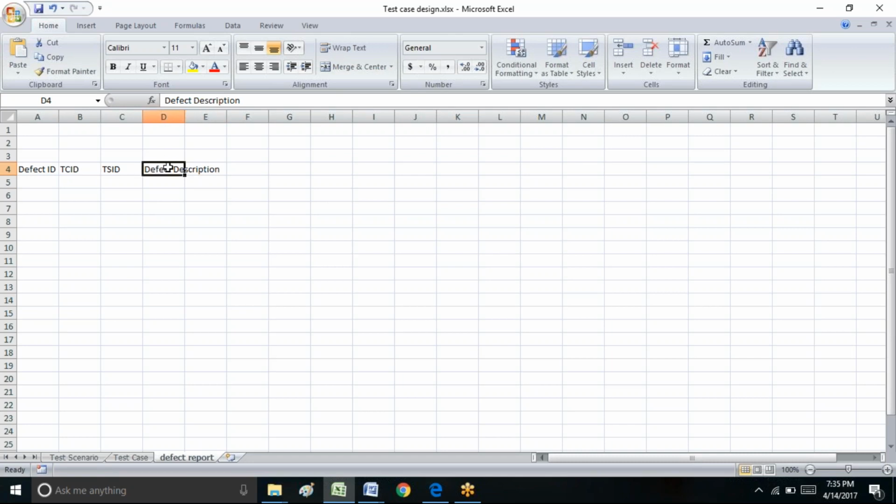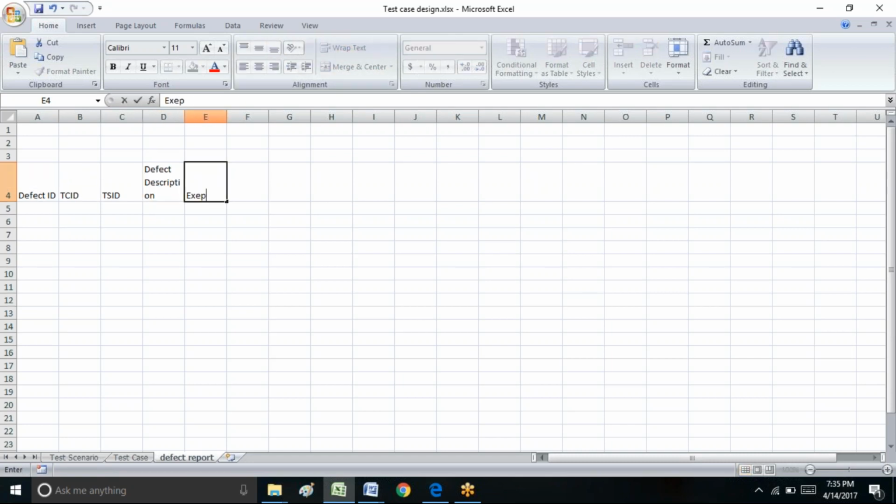And next is expected result. You can just copy and paste from the test case. It should match exactly. And the actual result, what you got. Expected result, actual result. And next is, as it is failed, what is